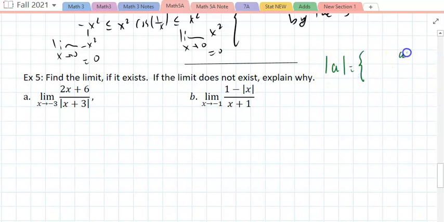if the inside is positive or 0, then I don't need an absolute value. If the inside is negative, I will take whatever is inside the absolute value and multiply it by minus. I'm taking the limit as x approaches negative 3. If I take the limit as x approaches negative 3 from the left,